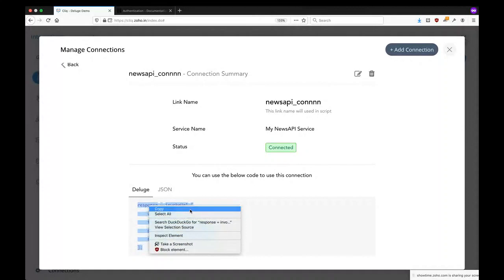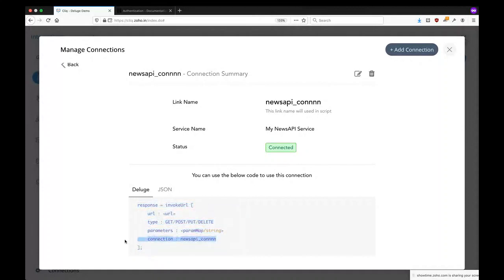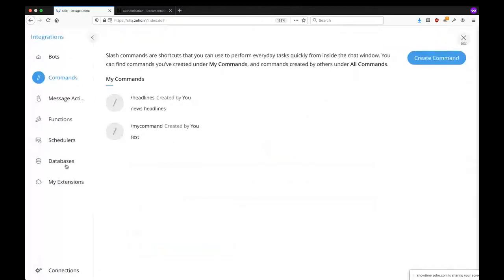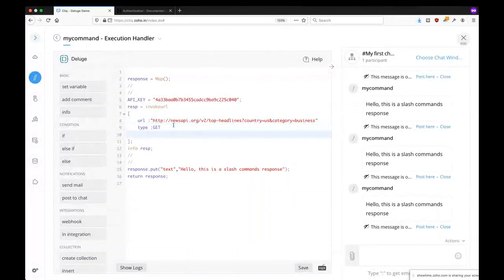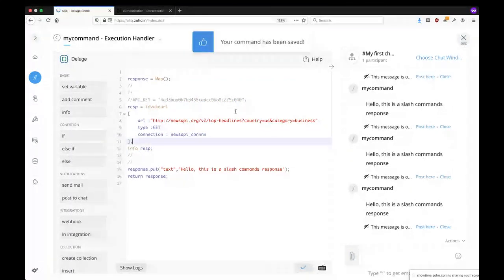So I'm just going to copy this part and go back, close this, go back to my command, and you can see I've removed my API key from the request. I'm just going to type connection and give the connection name that I just created. Save, it saves, and then when I run it,